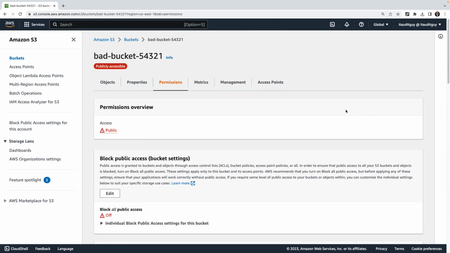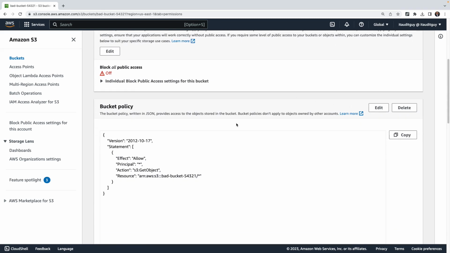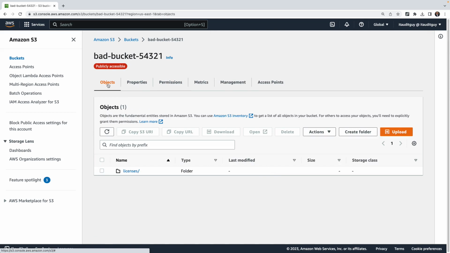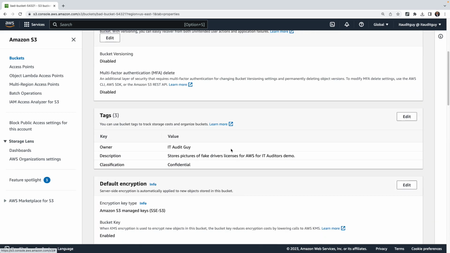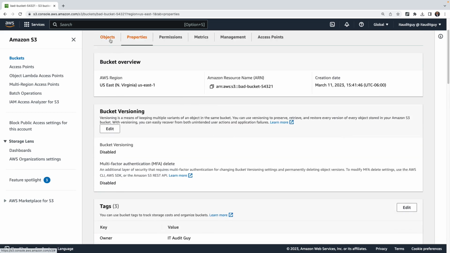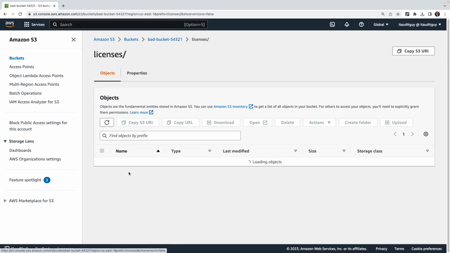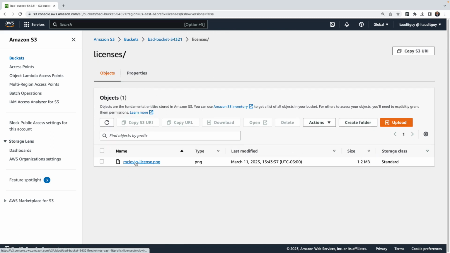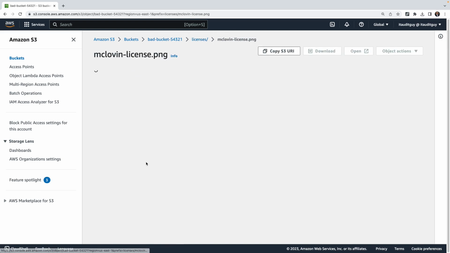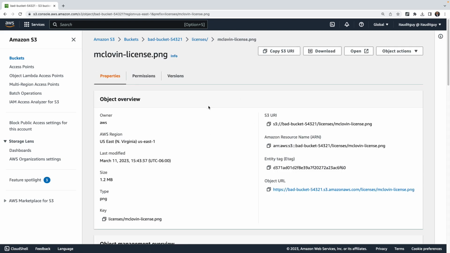So, not a great, well set up bucket. The next thing I want to show is the objects. If we go into the objects and into this licenses folder, and if you remember from the properties, it says that it's storing fake driver's licenses. If you go into the licenses folder and then click on the McLovin license here, it'll show that it